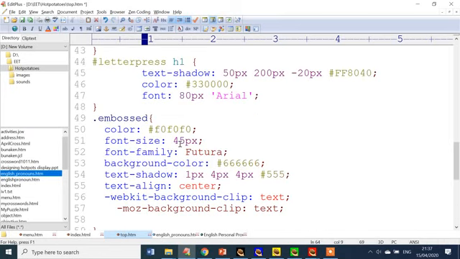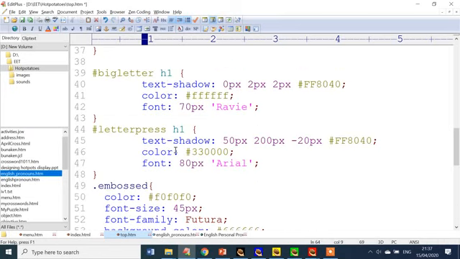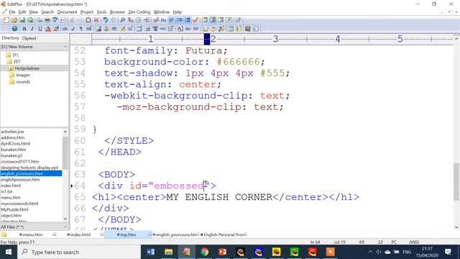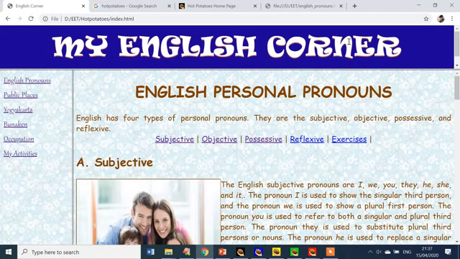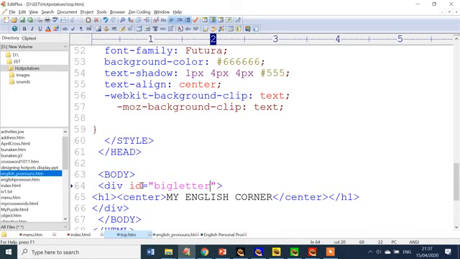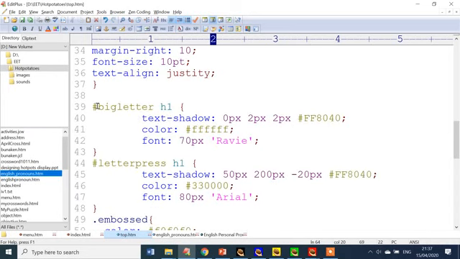and you have what is it? Letterpress. Oh, let me have big letter. You have big letter, and we can save that, and you have display. So please pay attention, this one is using emboss. If we refresh, then we have a different one, the big letter, and this one is displayed using ID over here. So ID is used if we have the hatch or bar over here, and we use